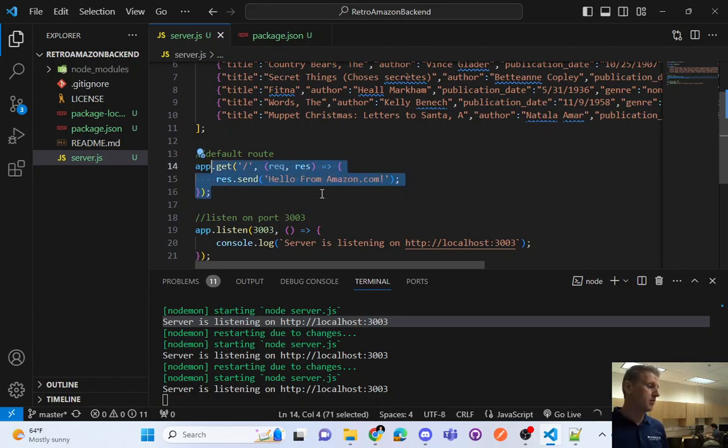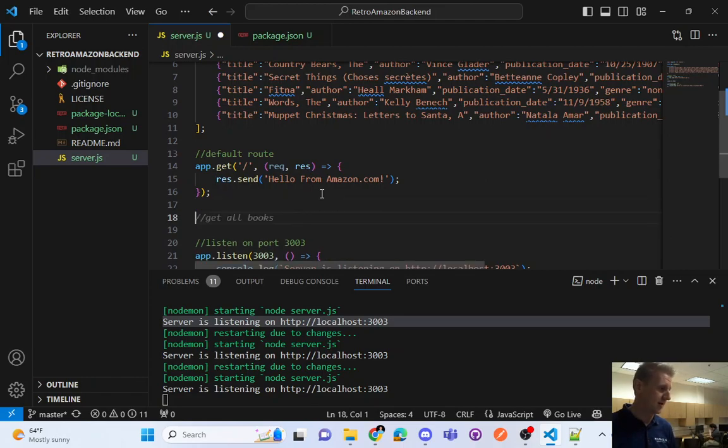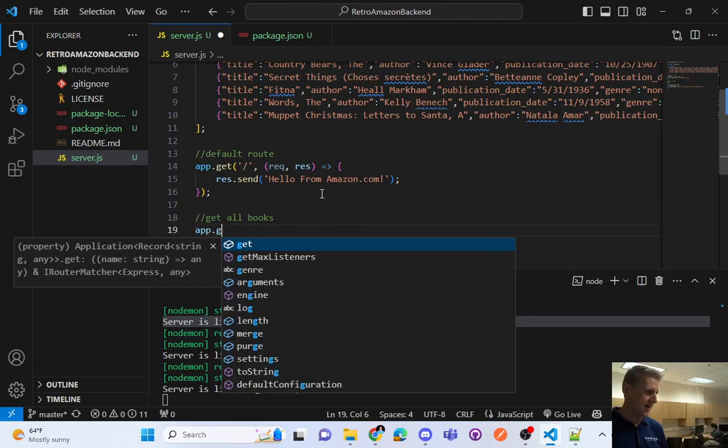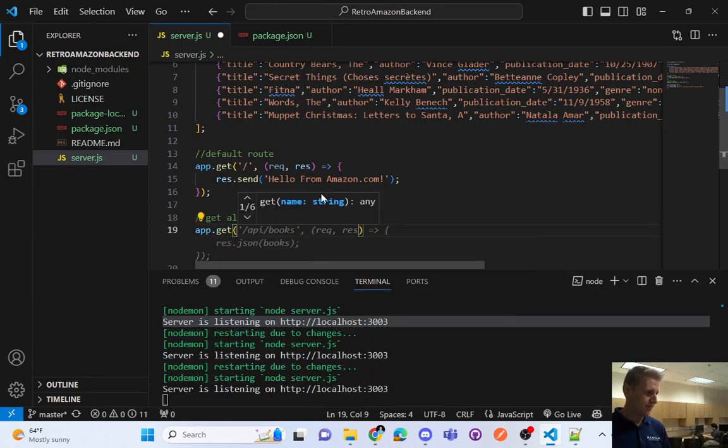So keep in mind, we're putting our routes inside of server.js. At the end of today, we're going to refactor this and put our routes somewhere else. But let's make a route to get all the books. I'm going to put this at /books, app.get